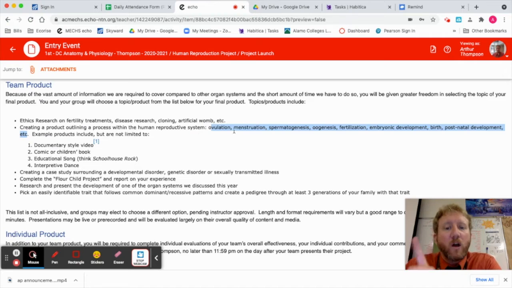You would pick one process. Some of them, like ovulation, menstruation, and oogenesis, would work very well together. Some of the other ones, like fertilization, embryonic development, and birth, you can put all together into sort of a general development thing.